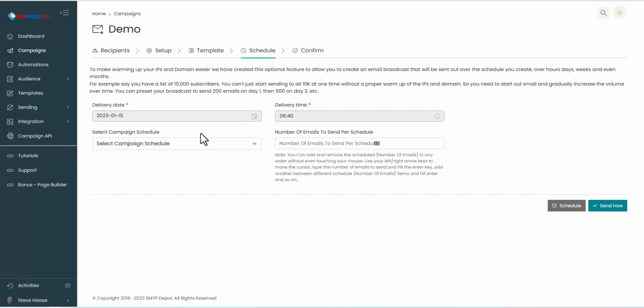I've never seen it in anything else, but it was my own invention here. This is when you go to schedule. For example, you've got a brand new domain, you've got brand new IPs. You don't want to go and send a whole bunch of them at one time, because when you do, you're going to get blacklisted. So we put in a feature here because it was very difficult in the past,